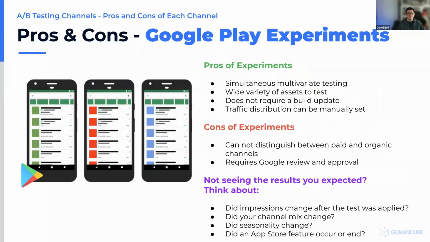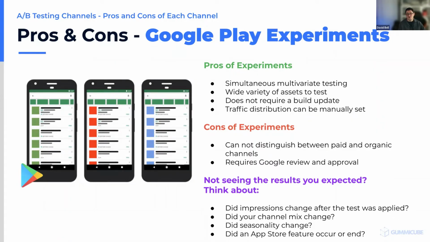Now, there are a number of ways to run A/B testing and pros and cons to these methods. Number one, Google Experiments ultimately is a very good platform if you're trying to A/B test the store listing. All of the users who get exposed to a Google Play Experiments test have to land on your store listing before they ultimately download. And it's a good cross-section opportunity to run a test across all of your traffic channels. The challenge with a Google Play experiment is it can't distinguish between paid and organic channels. Ultimately, it doesn't necessarily represent what Apple users experience as they're browsing the App Store. So a successful Google Play experiment doesn't mean it will be successful if it translates to the Apple App Store.